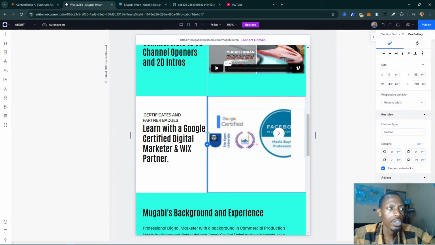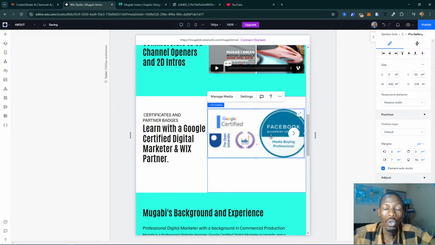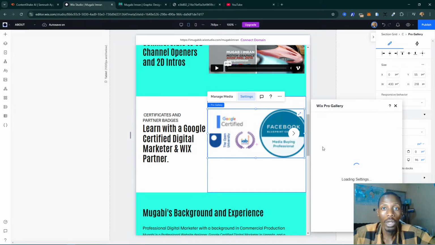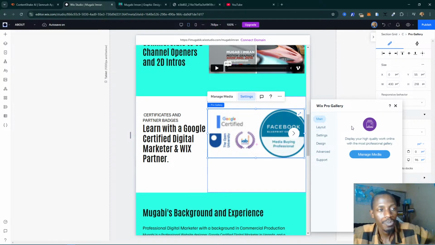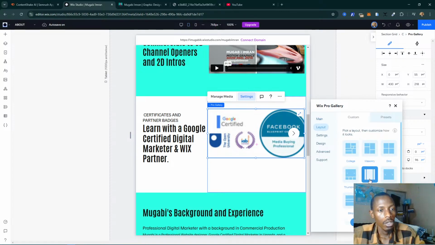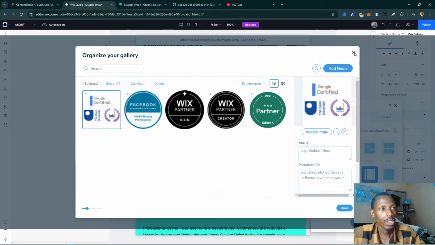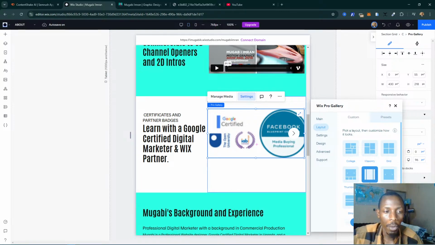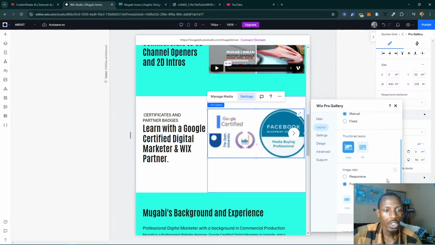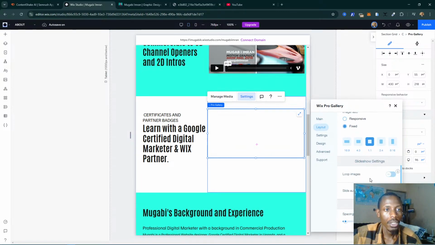And maybe scale it like this. And then the next thing is we go to settings and we make sure we have more than one line, if that's possible. Okay, not manage media. It's not what we are looking for. Go to close manage media or pop-up. Go to customize, and